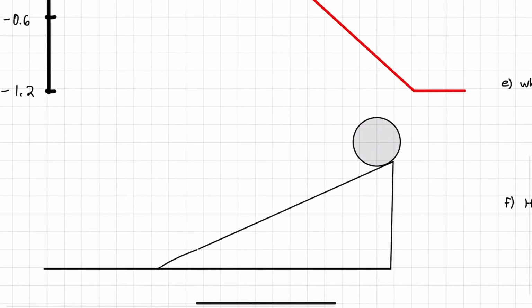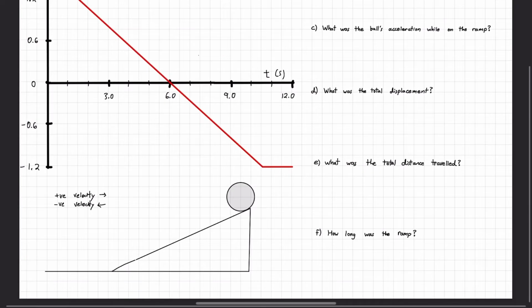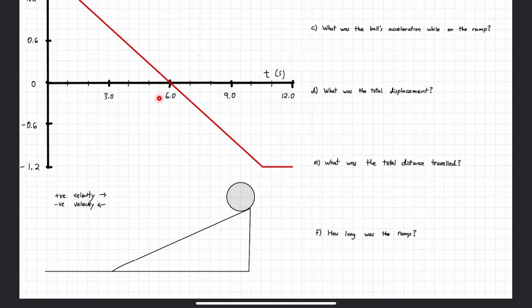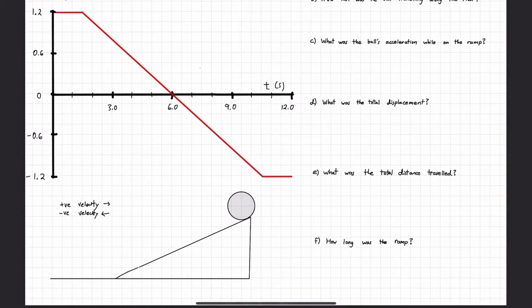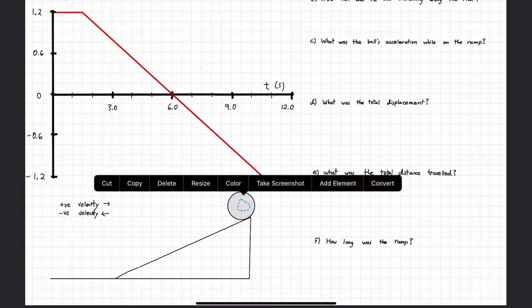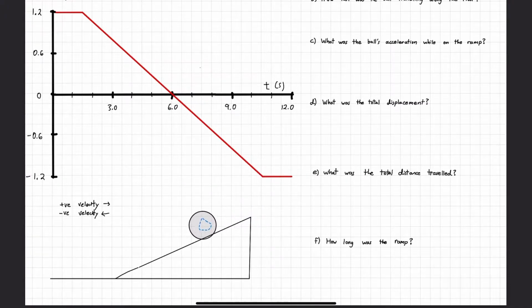And I will add a note here that positive velocity is towards the right, negative velocity is to the left. So after our velocity reaches 0 at 6 seconds, the ball's at the top of the ramp, then what happens? Well, we start moving with a negative velocity, and our ball starts rolling down the hill slowly, and then it speeds up as it goes. Once it reaches the bottom,